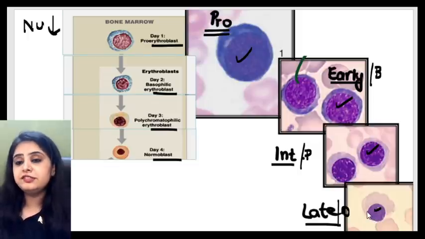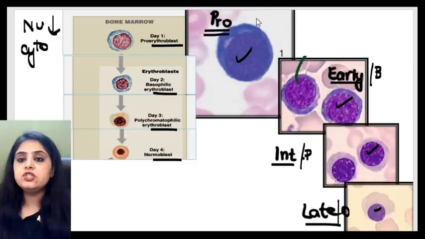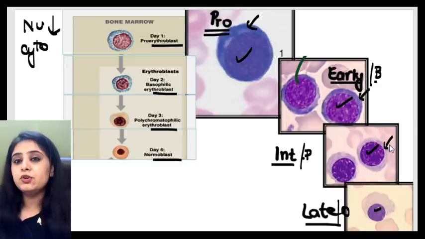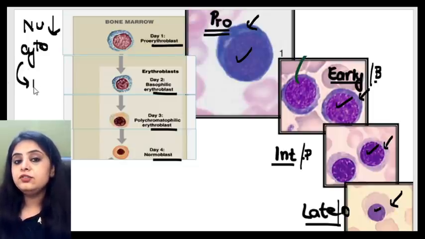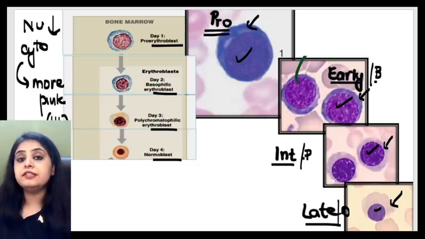Do you also see a change in the color of the cytoplasm? See, initially it's very blue, then a little lighter blue, then it started getting that little bit of hemoglobin tinge, and then it's becoming more pinkish. So now can you understand, the hemoglobin production is also increasing. As you move from top to bottom, the cells are becoming more pink, meaning the hemoglobin amount is increasing and the nucleus is becoming smaller in size.